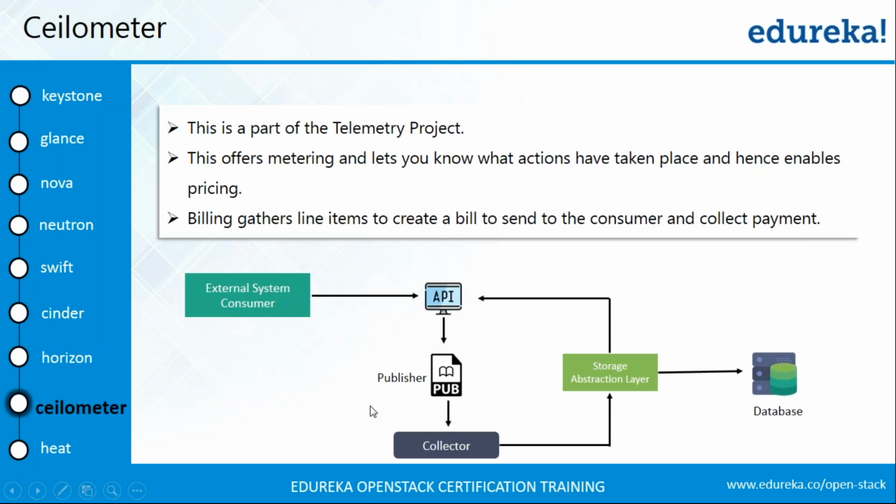So next up we have got Ceilometer. Ceilometer is a part of the telemetry project by OpenStack. What it does is it offers metering and it helps you for billing purposes. It lets you know what kind of services you used, what actions each user performed, and how they have used all the OpenStack services. So Ceilometer is a service that is responsible for monitoring all of the actions that you or any of the users of your OpenStack cloud infrastructure did. And later on, Ceilometer is used for producing the bill of how many services or for how much time you